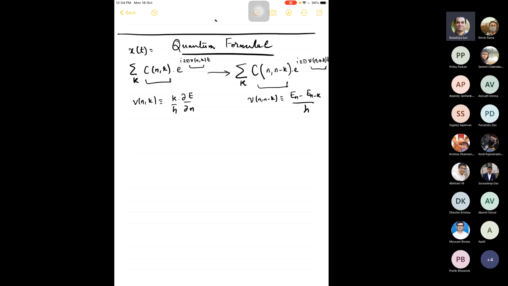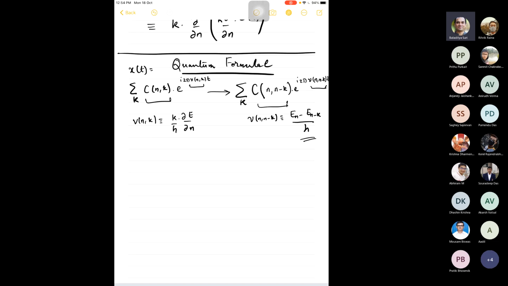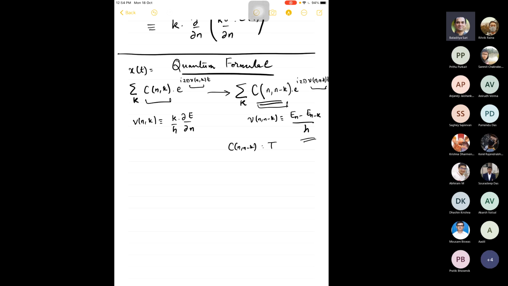This is the correct quantum formula that holds for the small n. That is how Bohr made the discovery. By looking at the Balmer's formula and Rydberg's formula and other things, he discovered that this is the correct thing, and he also computed the energy levels of the hydrogen atom, which agreed with experimental results. So there should be some quantity Cnn minus k, which he called Cnn minus k, is called the transition component.